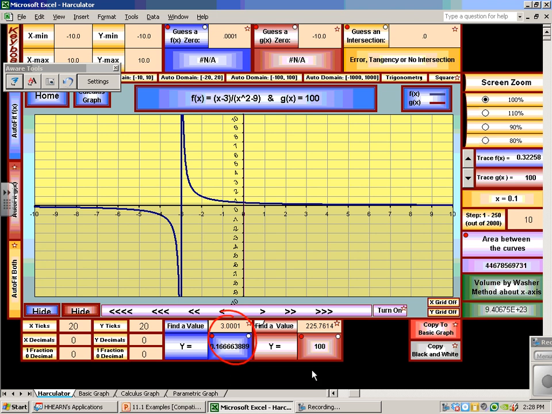And then I would want to know what's happening as we move just a little bit to the left of 3. So a little bit to the left of 3, maybe 2.9999. I see I'm also at 0.166669444,